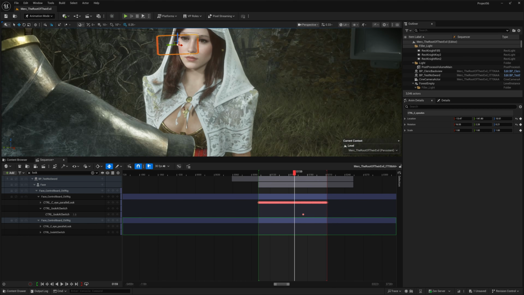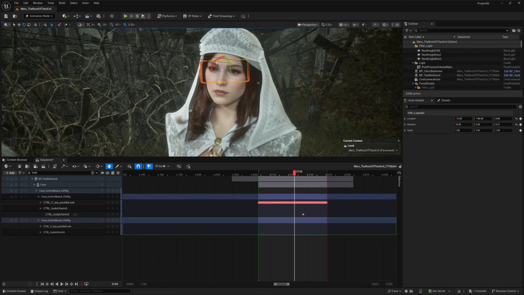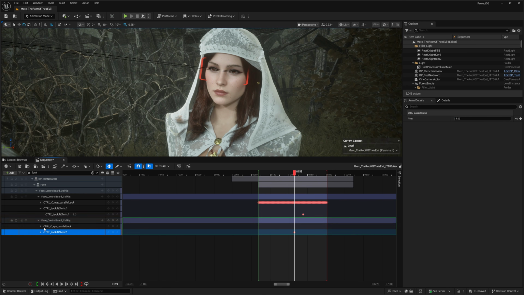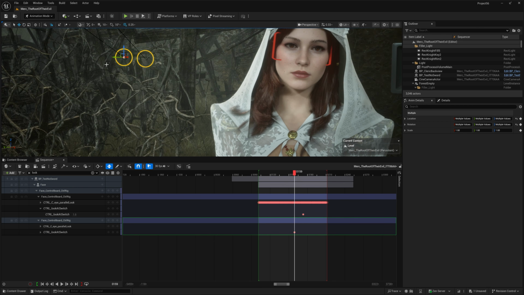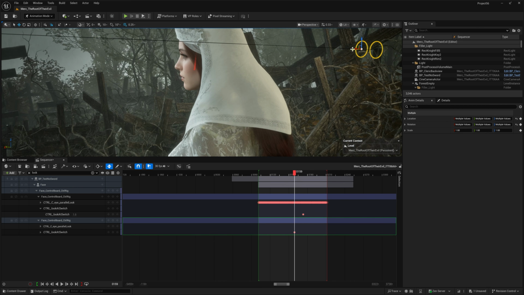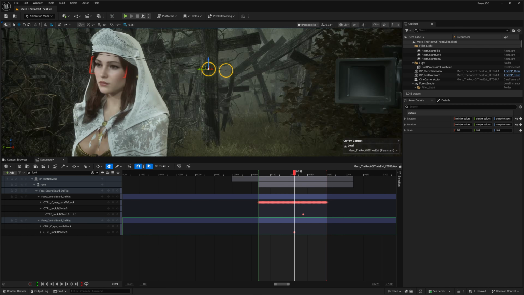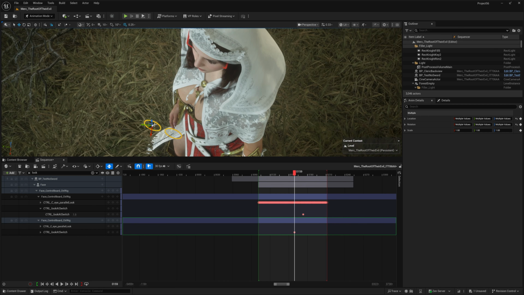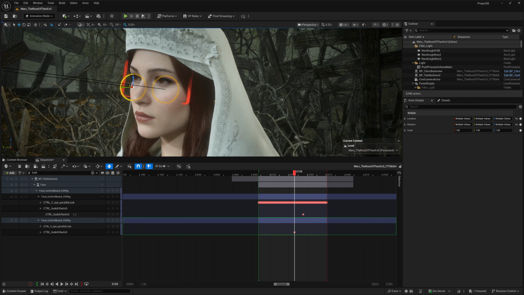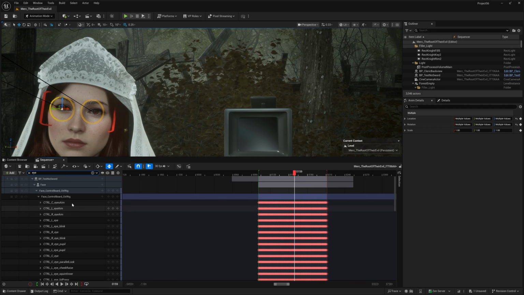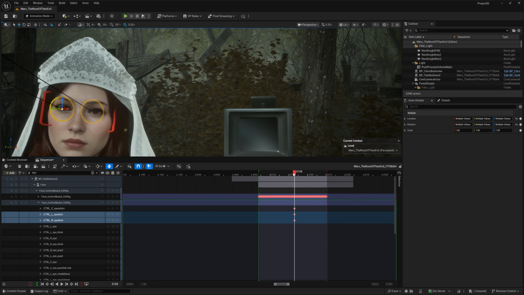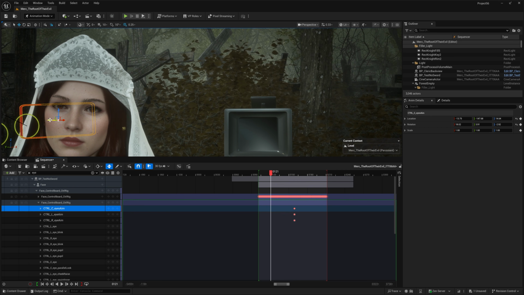One important thing here is that I don't want to remove the existing motion. Those small wiggles in the animation actually add a lot of life to the performance. So instead of overriding it, I just guide the overall direction by setting new keys on the additive layer in the control rig. That way, my knight is actually making eye contact with the cleric. I'll scrub through the timeline to make sure the relationship holds throughout the entire shot by setting a few more keys on that additive layer.